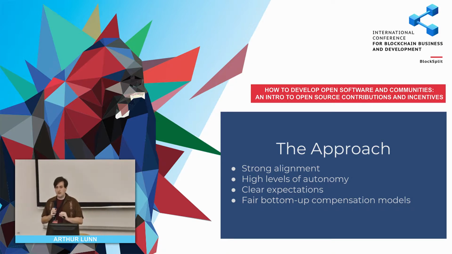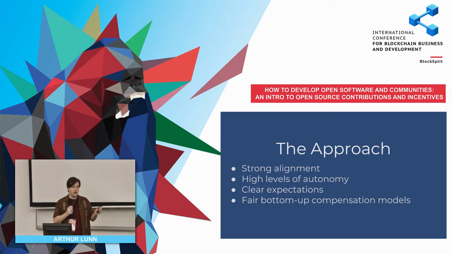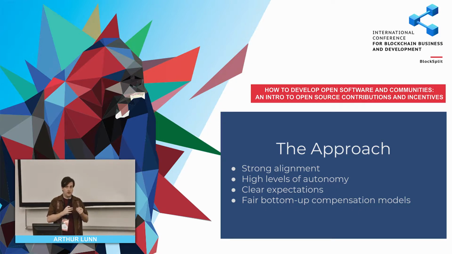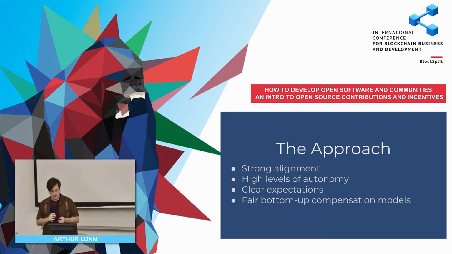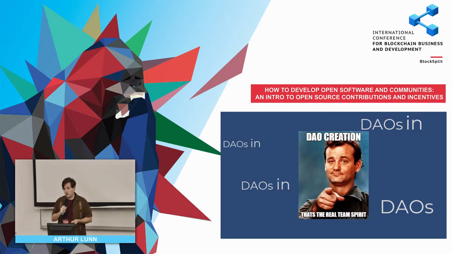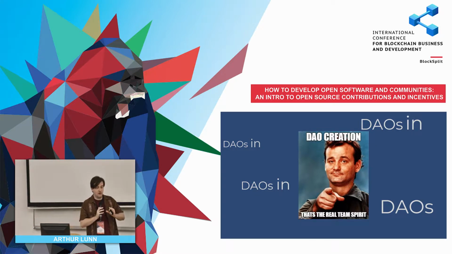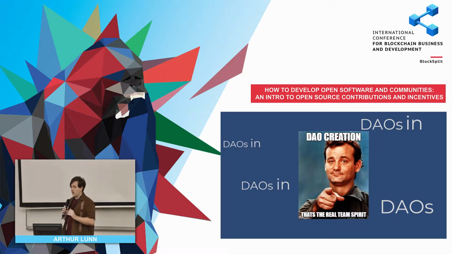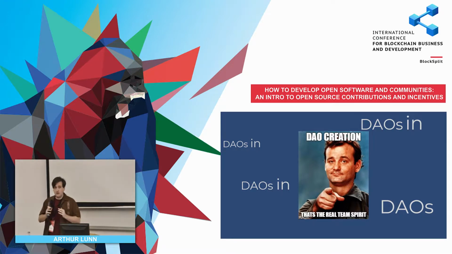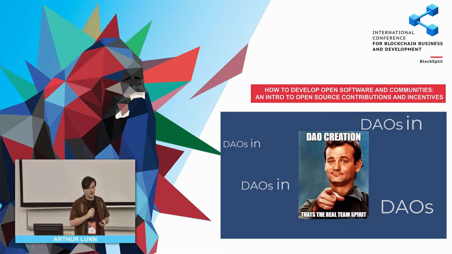We already have the answers to the organizational elements. We need to start combining the organizational elements with the compensation elements. So basically that's where DAOs come in, obviously. But I don't believe that you should just have one. I think that we need to start with the smallest ones we can and then sort of build up. So if we have every sort of development unit become its own organization and then belong to these larger groups, that's sort of the approach that I think we should start taking.